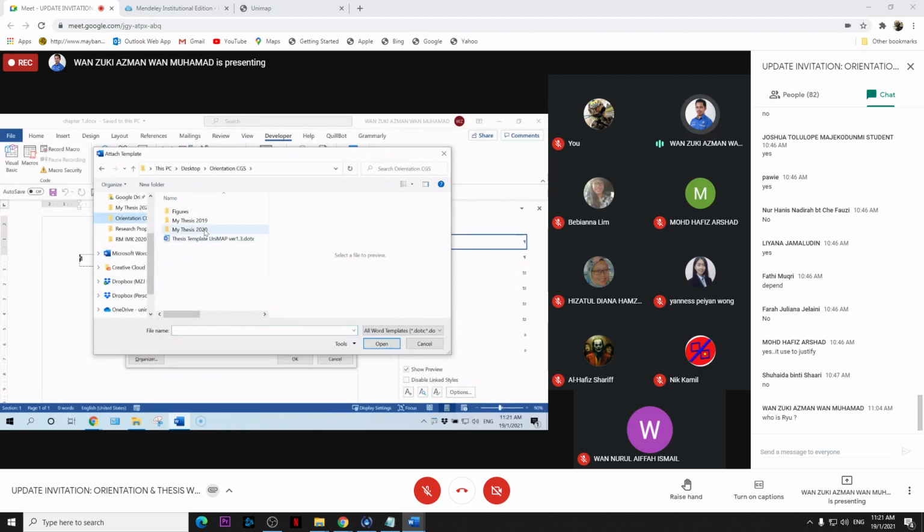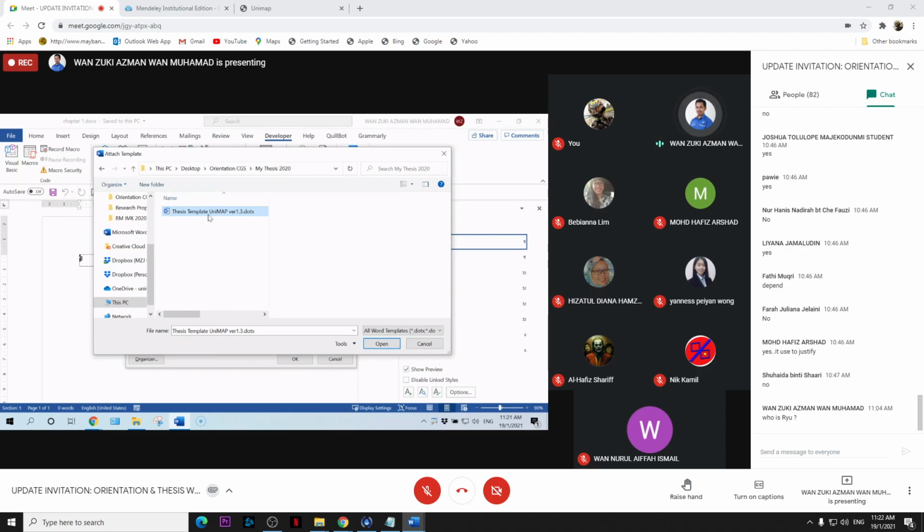I saved it in my thesis 2020 folder. So you select this DOTX. You can only attach the template. Even though in this folder I have the chapter 2 and chapter 3 files, they are in DOCX, not DOTX, so you cannot attach the DOCX.